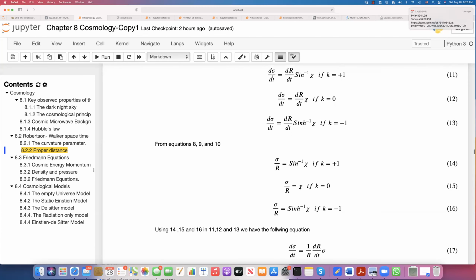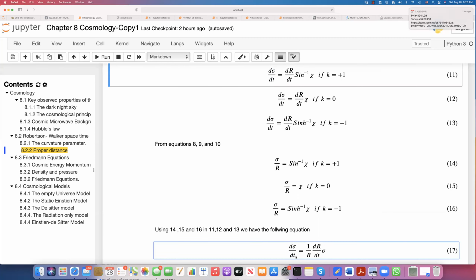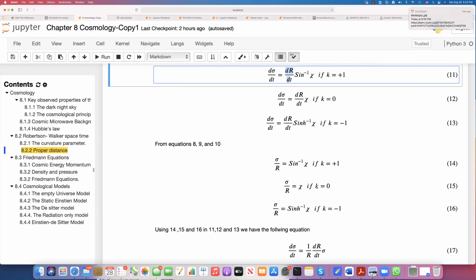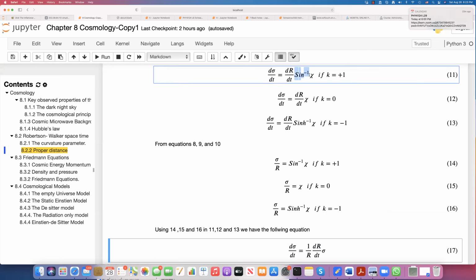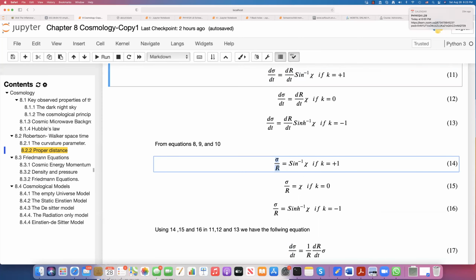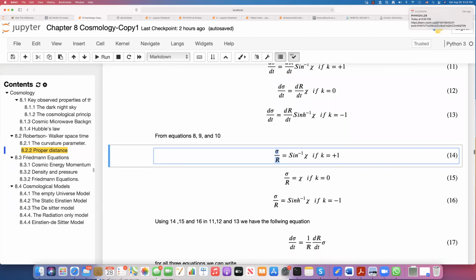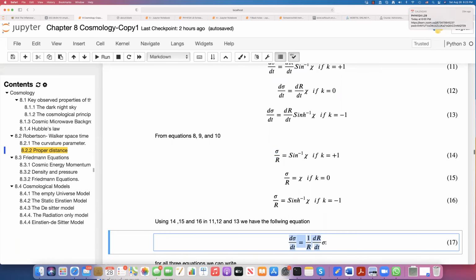You can see that on the left hand side you have d sigma over dt, and on the right hand side you have dR over dt, and then you have sine inverse chi right here. Now this sine inverse chi is equal to sigma over R. So I have written R right here, and then the sigma after